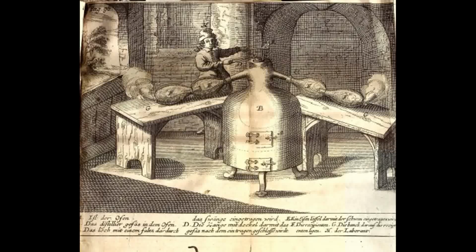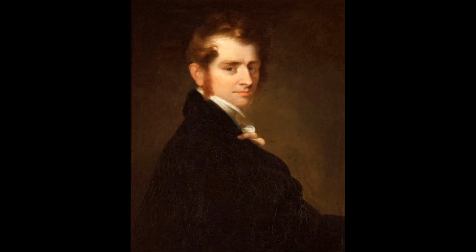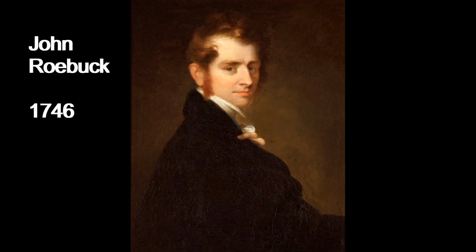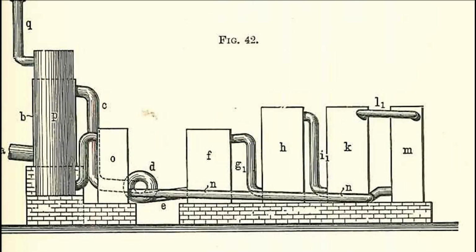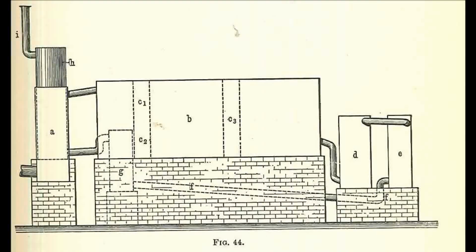sulfuric acid. The next man on our list is John Roebuck, who in 1746 began producing sulfuric acid in lead-lined chambers, which are stronger, less expensive, and could be made larger than the glass ones previously used by Glauber. This lead chamber process allowed the effective industrialization of sulfuric acid production, with several refinements remaining the standard method for